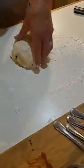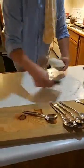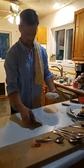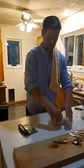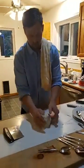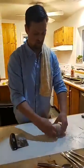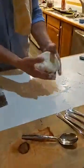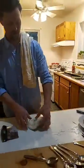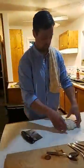Grab some dough, grab your knife or your scraper. Just like this. Don't waste that flour. Use it. You will have to add more flour once you add the squash into that. As you can see now, a little of that marbling has the squash in there. Beautiful. Okay, let's make gnocchi. I'll show you how to do it. All you do,